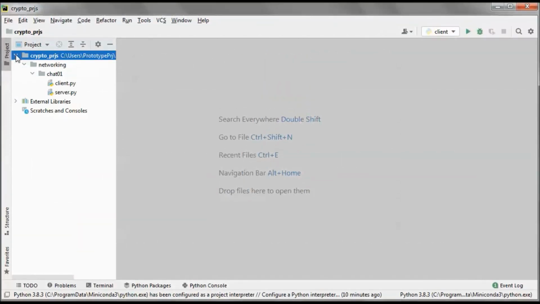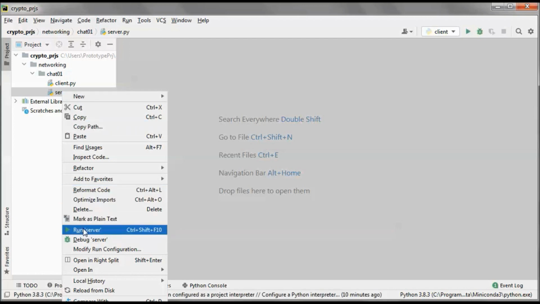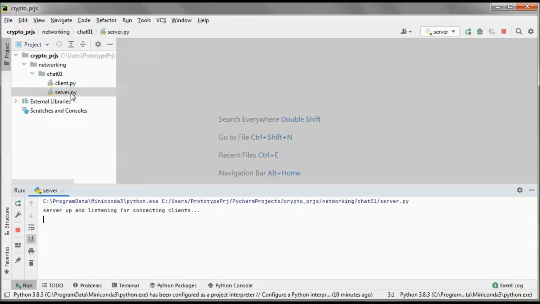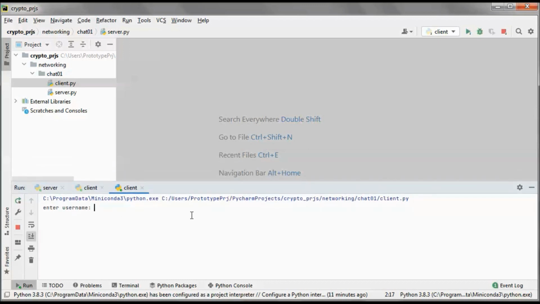This is a pre-built version of the application. So let's go ahead and run the server, and if we run multiple clients, everything will be running in this tab, so we cannot move it outside the tab and see all clients and servers running at the same time. So we can only see one at a time.